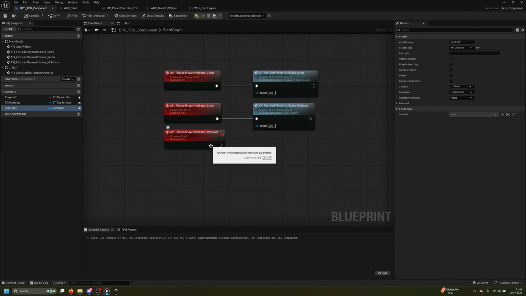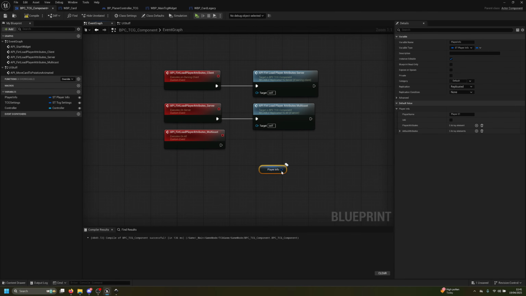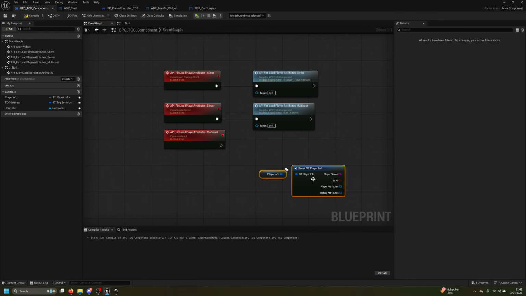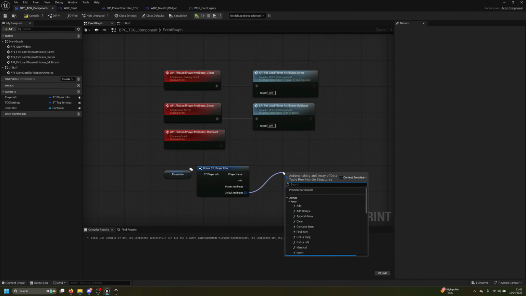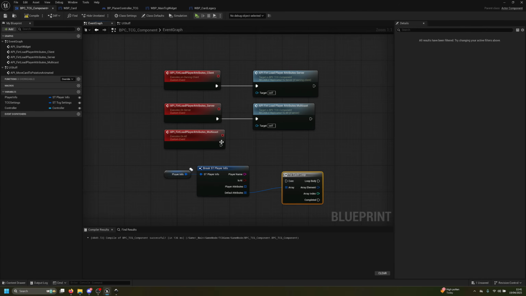Nice. So what we're gonna do is get the player information and break this into attributes, and we're gonna do here default attributes. So we're gonna do a for each loop. Okay. Now the for each loop here,